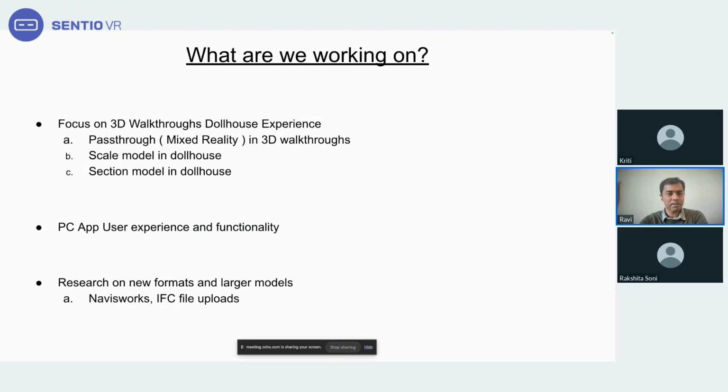The reason is we are seeing huge traction and success for customers, especially when it comes to client presentations, because of all the challenges that we talked about when it comes to using tethered VR, and just having a lightweight ability to share links, ability to easily present it, do collaborative VR offline,